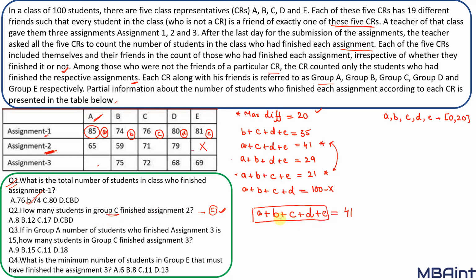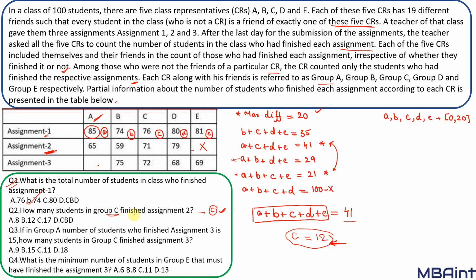So a plus b plus c plus d equals 41. Now if I use this equation, I can find the value of C. The value of C would be 12, because it is a plus b plus d plus e. So C would be 12. If C is 12, it means that 12 students in group C have not finished the assignment, and